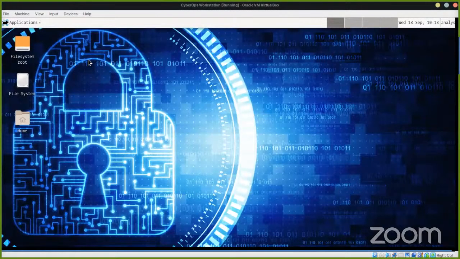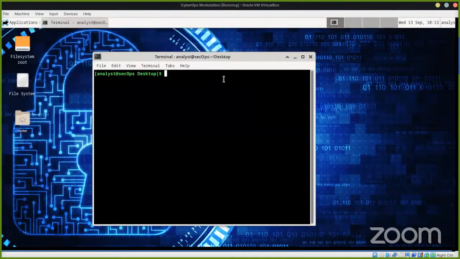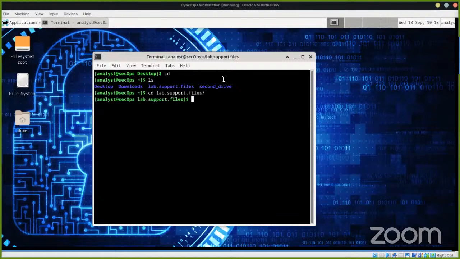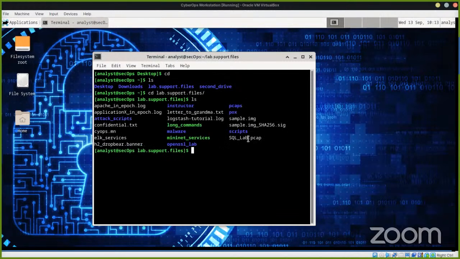Now let us examine our packets in Wireshark real quick. Let me just open this. So cd, and then we enter our lab support files. If I do ls, these are SQL lab. The only thing is that this pcap file has already been captured. So the traffic has been captured when the attack was taking place. That's the reason why cybersecurity analysts can go back and start investigating what happened, how it happened,